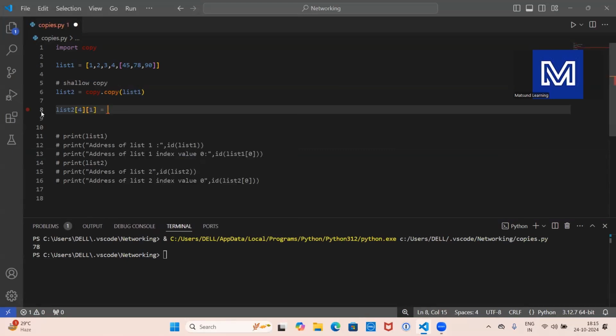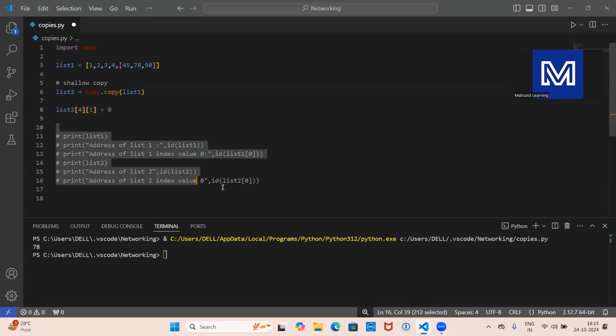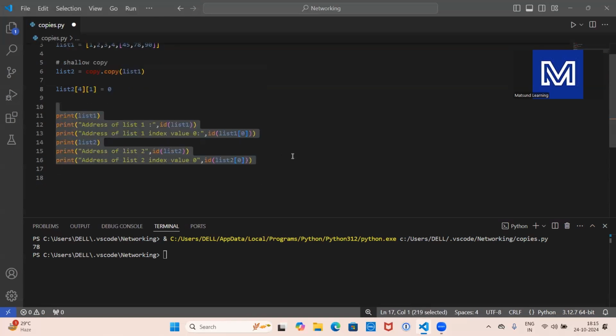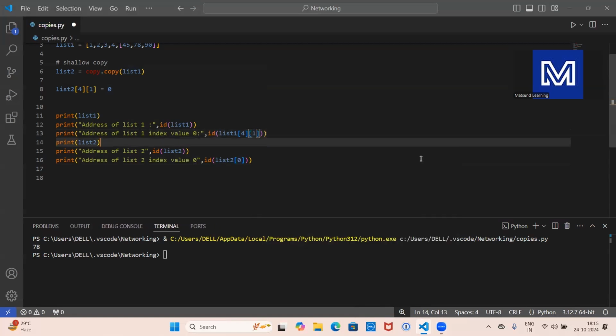I'm going to assign a new value, which will be 0. And again, I'm going to print the list and its address, and print list 2 and its address also. So here I will pass index 4 at the position 0, index 4 and at the position,